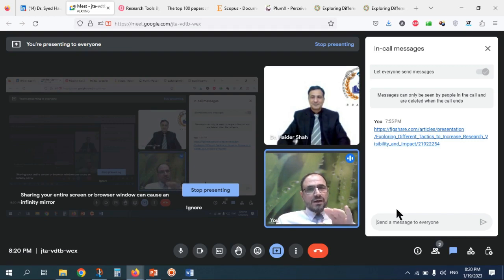Then you go to Web of Science, and Web of Science mentions how to select the keyword plus and so on. But some researchers make a mistake and repeat the things which already exist in the title and already exist in the abstract. It's over there. Why are you repeating the keyword? The keyword should be an alternative option for the title, not the same one. I will just give you some idea.